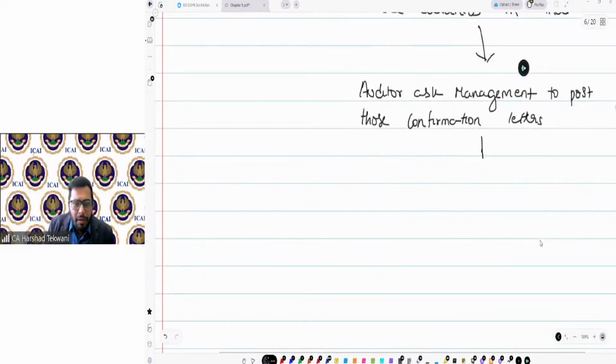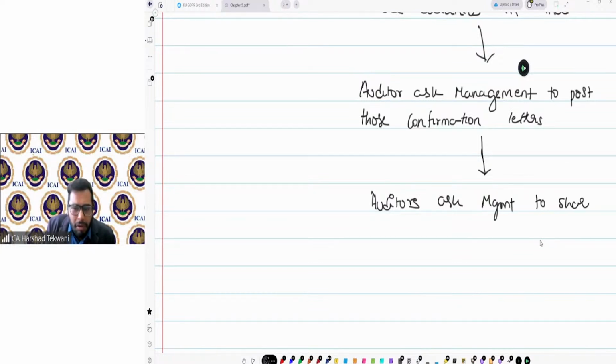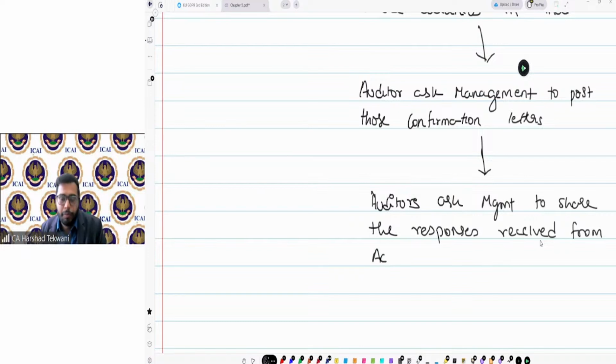And then the auditor asks management to share the responses received from accounts receivable, or the responses of confirmation.